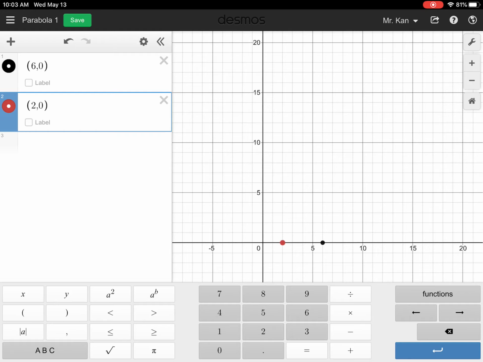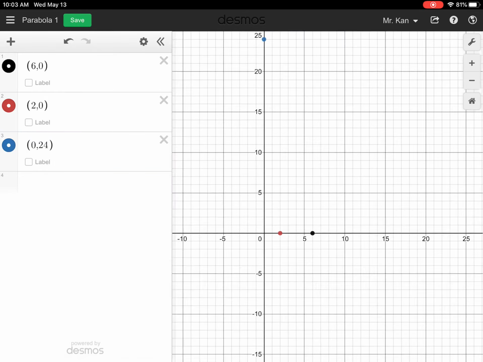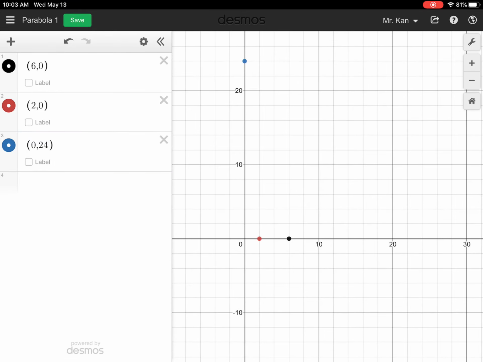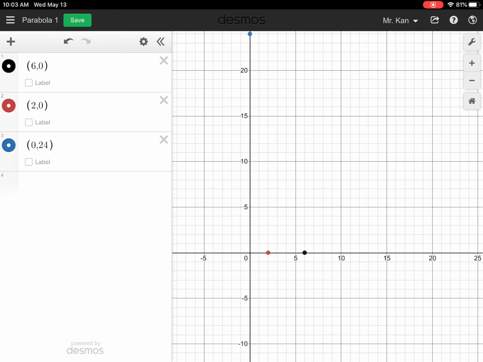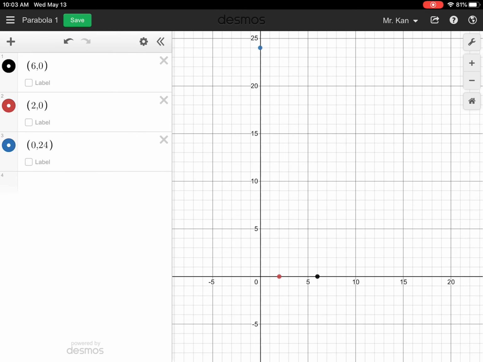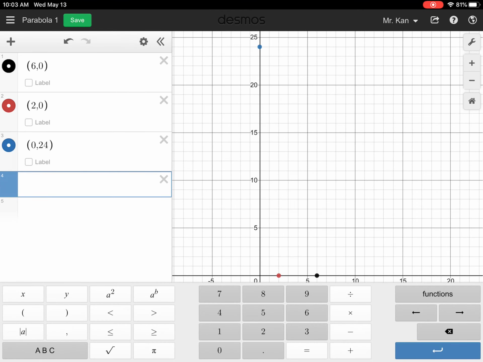So located right at the black and the red point right there. We found a y-intercept that was pretty high up. It was at (0, 24). If I zoom out a little bit, you'll see that point all the way up top over there. And then we found a vertex located at (4, -8),